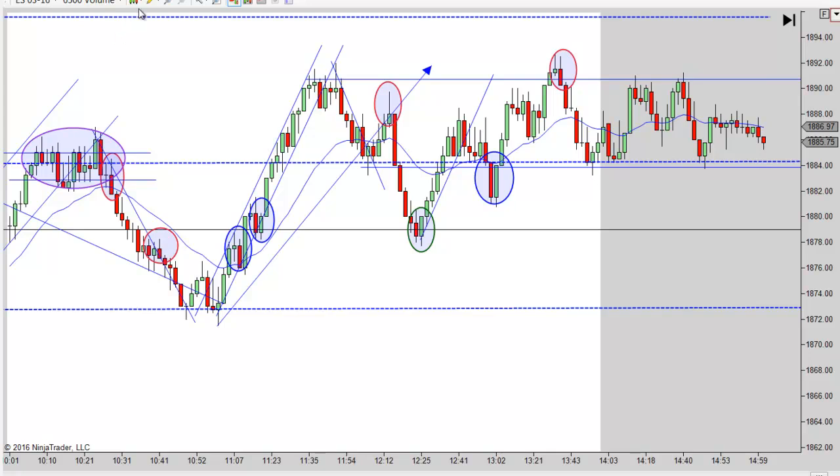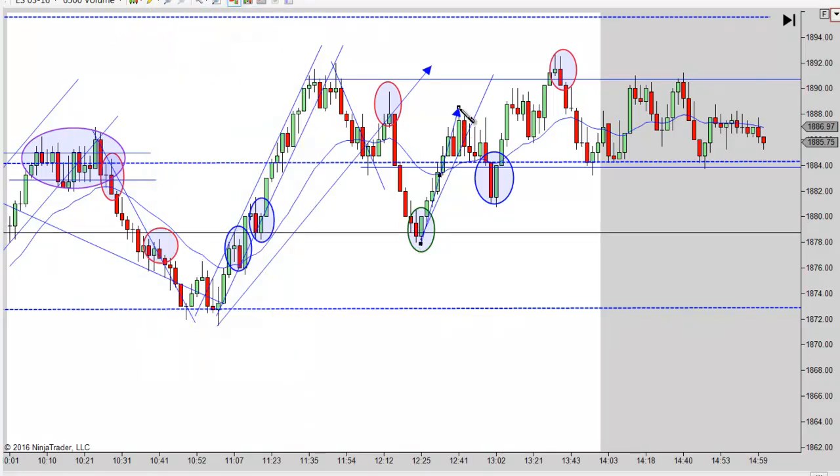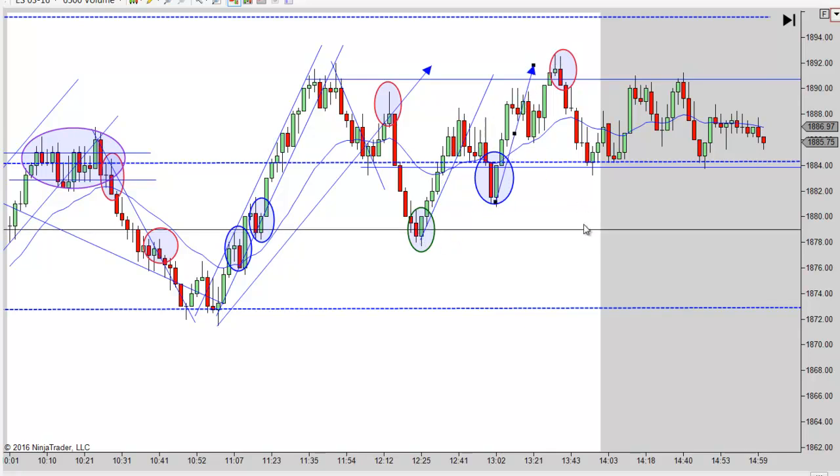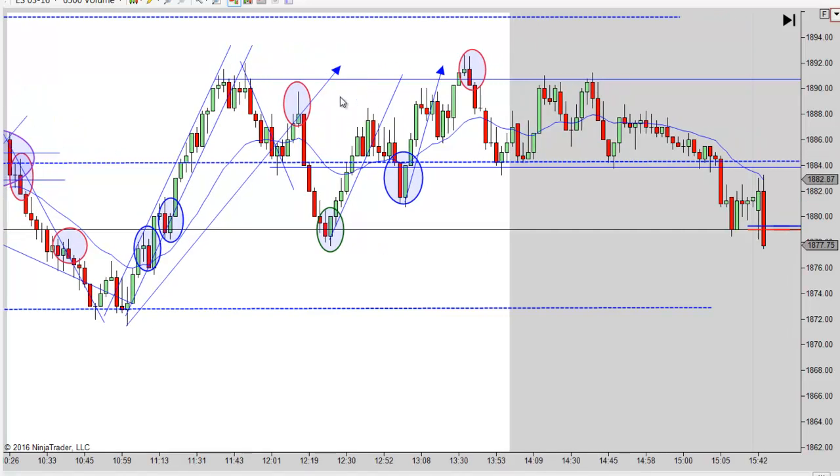And then again, look for a measured move. And there you see we got almost a perfect measured move. And then now you can kind of see this going sideways, and this is like a little failed break higher